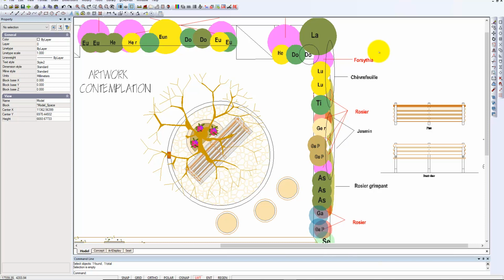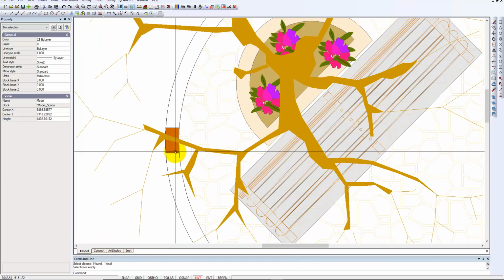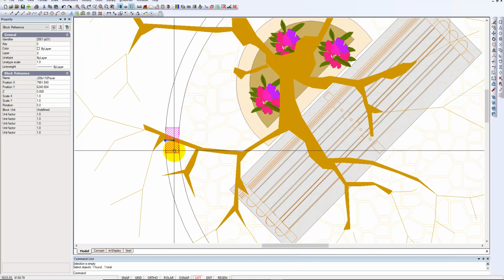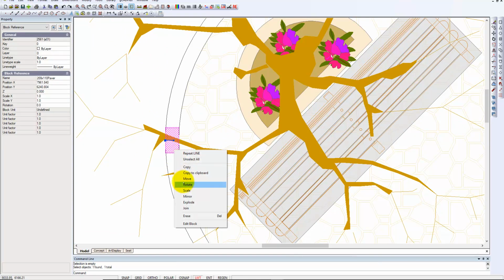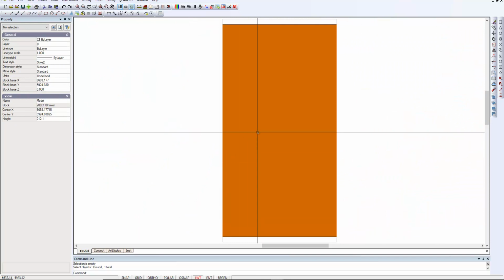A recent post on the use of the array command has sparked some further inquiries, and there's a request for perhaps a more detailed explanation of how you might use the array command to do a polar array. And a polar array, of course, spins a block around a circle. So in this case, I have a block here, and if we edit that block and go in, there's a